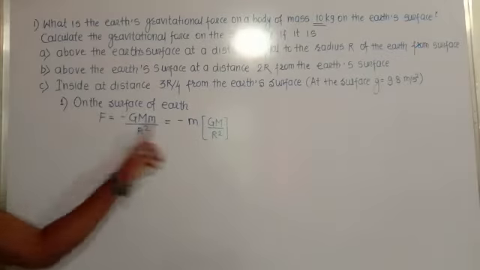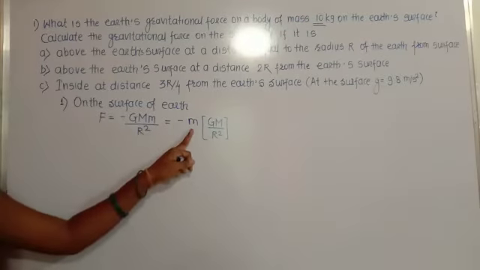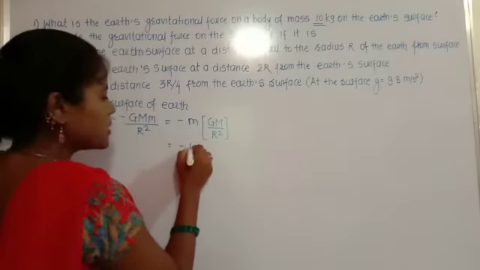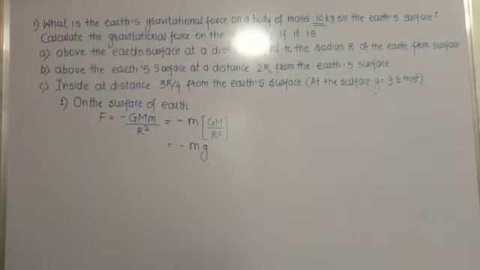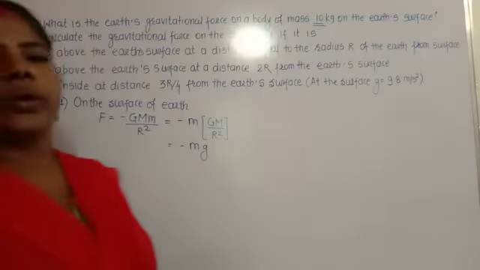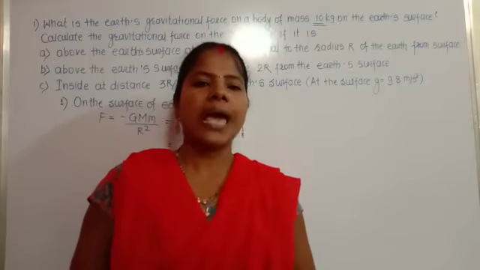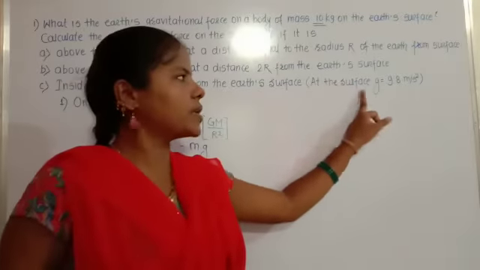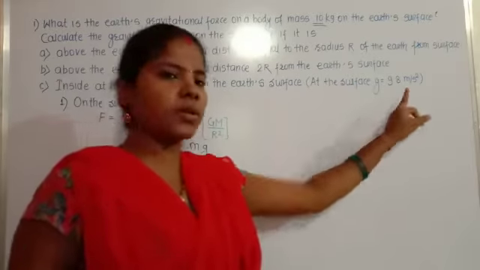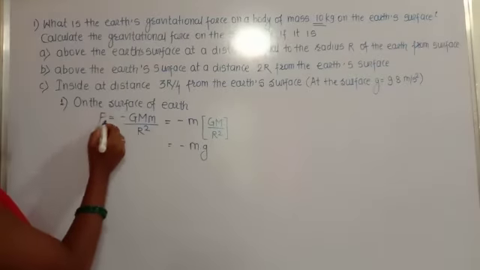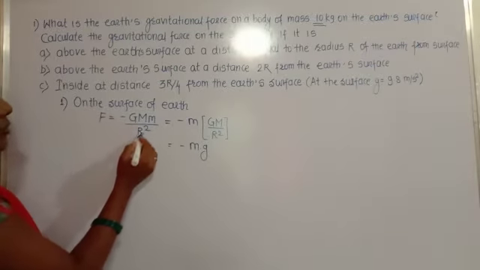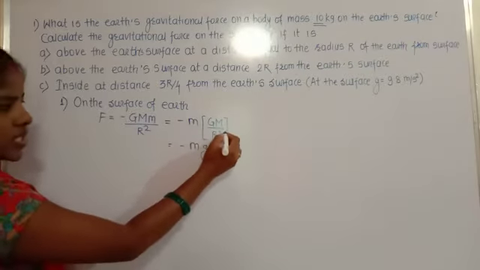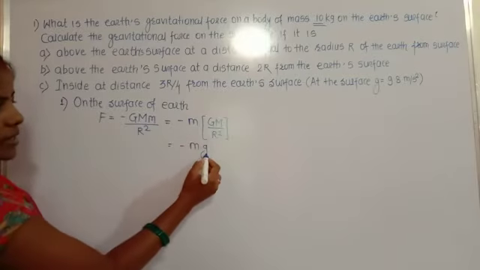So this is the force. We know that force is equal to m into g, so this total value is g, that is minus m into g. According to Newton's second law, F is equal to m into a, where a is the acceleration due to gravity. So this g is also the acceleration due to gravity, and its value at the surface is g equal to 9.8 meter per second square. Therefore, on the surface of the earth, F is equal to minus G capital M small m divided by R square, and according to Newton's second law this F is equal to m into g. So take this total value as the constant g.